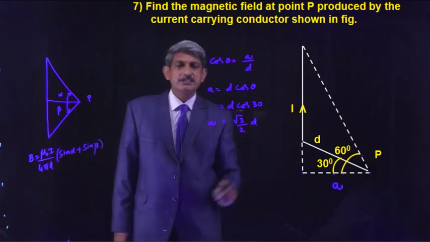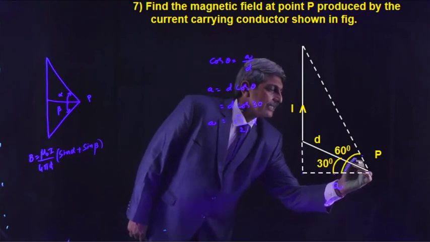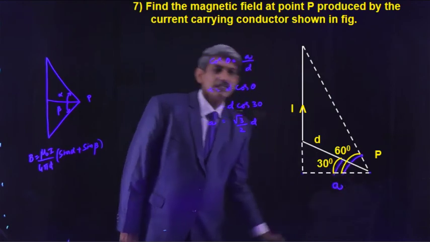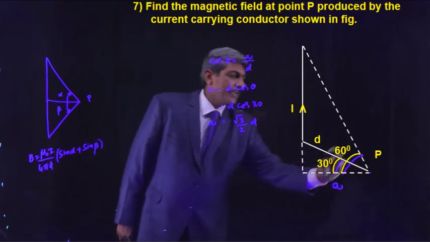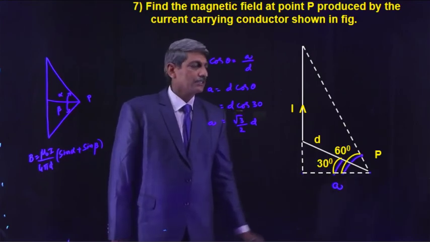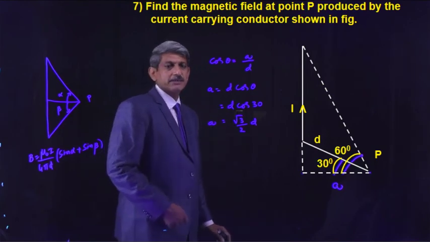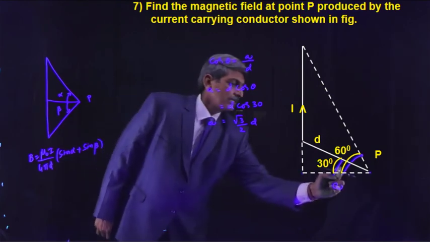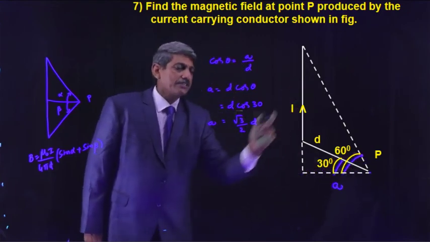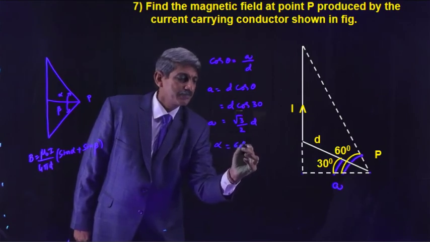But when you see this diagram, here this is measured in the clockwise direction, whereas this is also measured in the clockwise direction. That means alpha is measured in the clockwise direction, beta is also measured in the clockwise direction. If we take these values directly in this equation, we may get errors in the measurement. That's why the elevated angle of the topmost point is to be taken in the clockwise direction. That means this alpha is equal to 60 degrees.